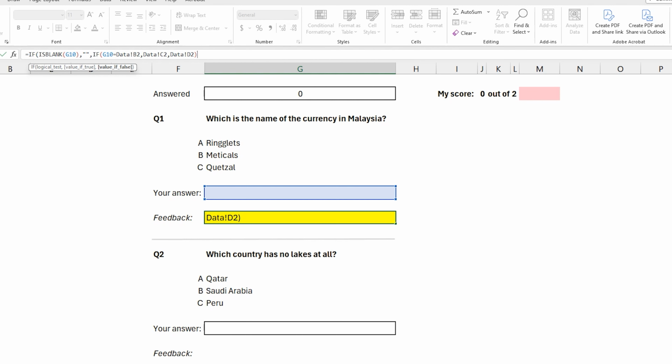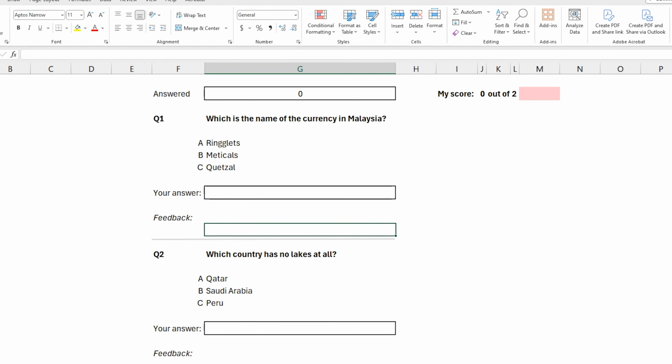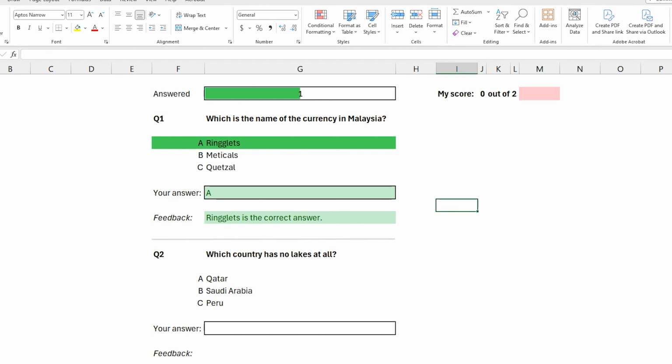And as you can see, the end parenthesis is red, so we need to add another one just to be sure that we finished our formula or mix of functions. Then we can press enter, and now as you see, there is nothing. So if we select A, it's right.